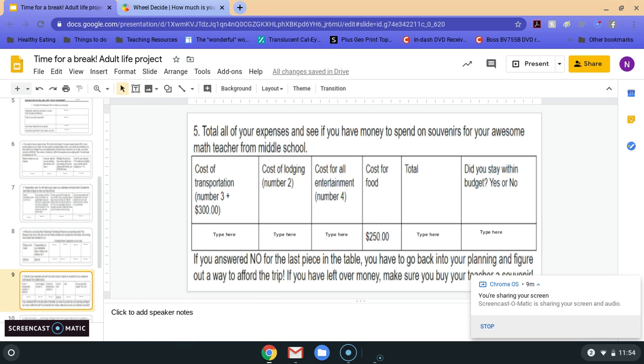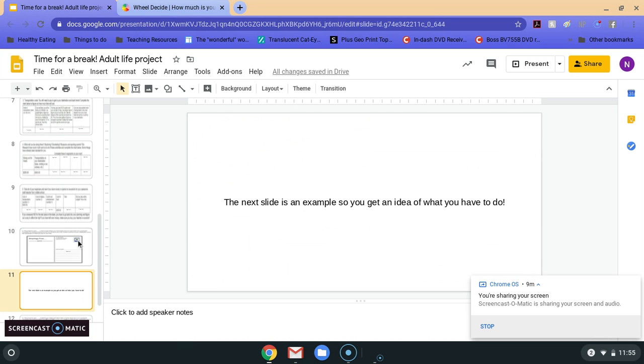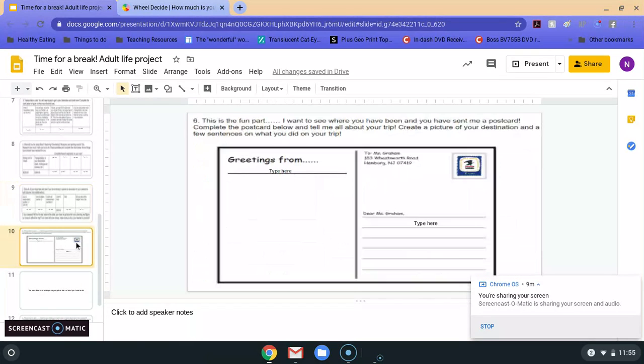Yes, you might have some saved up from other pieces of the project, but the point of this is to really help you learn how to budget. So you only are going to be using the money that you got after you sold this doll that you found. So the last piece, I'm going too fast here, is right here.